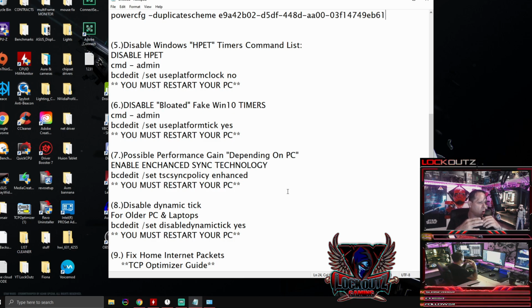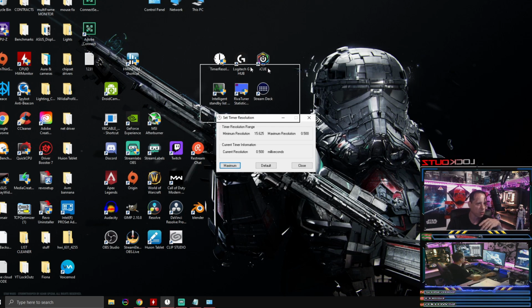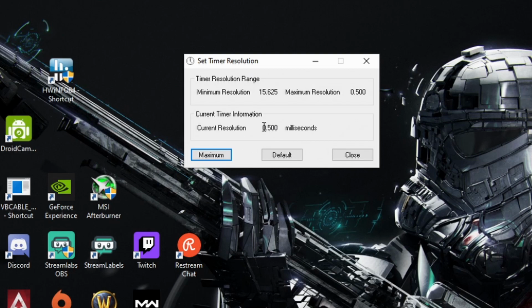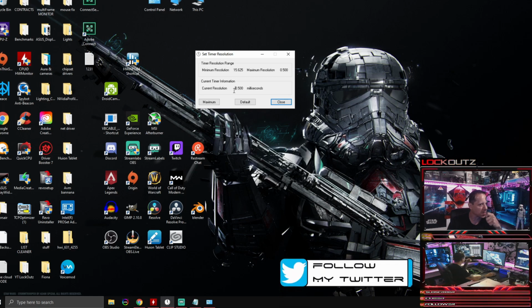If you do all of these and then restart your computer, it's going to be more of a pain to get your timer resolution timer, which is this right here. This is the whole reason we're trying to do this. Windows 10 has fake bloated Windows 10 timers that are in it, okay? So if you have the timer resolution program already and you look at it and it says your current resolution is not 1.00 if you're on a 60 hertz monitor, or if you have a higher refresh rate monitor and it says any number that is different than 0.500, that means Windows 10 timer